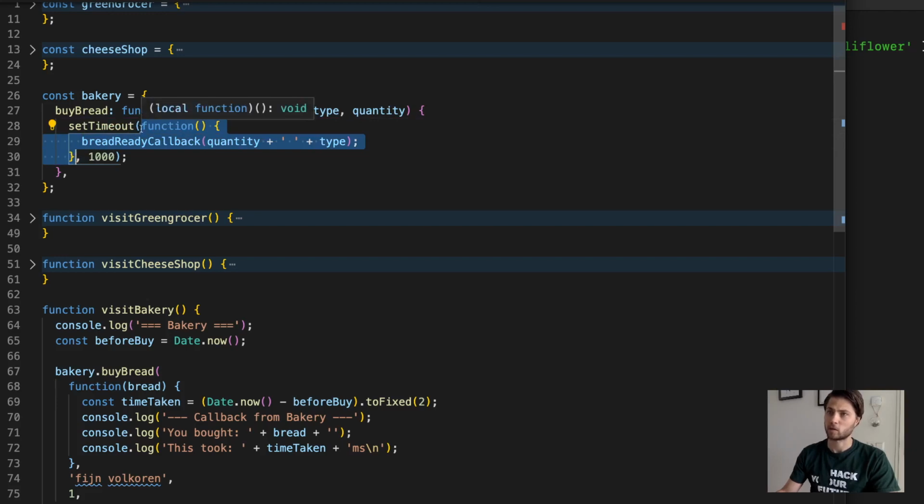So this is also a callback. This is the callback that is provided or passed to set timeout, and that will call the callback that was passed into buy bread after 1 second or 1000 milliseconds have passed. And right now, both here